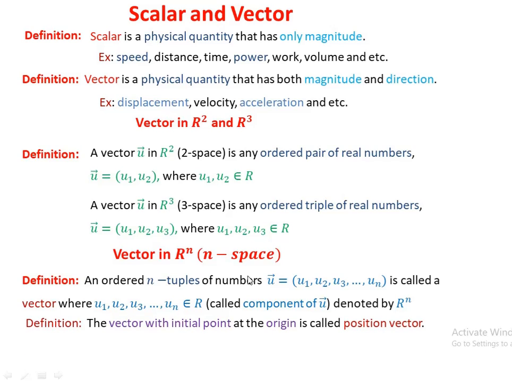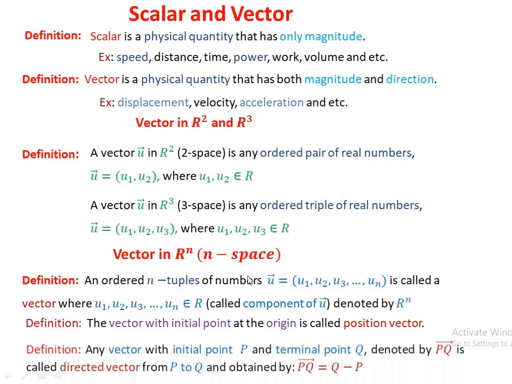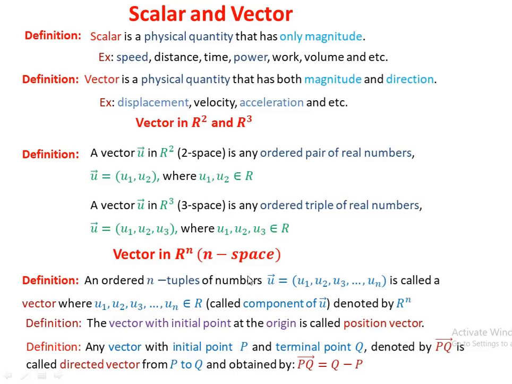Definitions: the vectors with initial point at the origins is called position of vectors. ቬክተር ሆኖ ኢኒሺያል ፖይንቱ ኦሪጂን ከሆነ ያ ቬክተርስ ፖዚሽን ቬክተር እንለዋለን። Another definitions: any vectors with initial point P and terminal point Q is noted like this PQ. This is called the directed vectors from P to Q and obtained as the directed vectors P to Q is equal with Q minus P ብለን እናገኘዋለን።